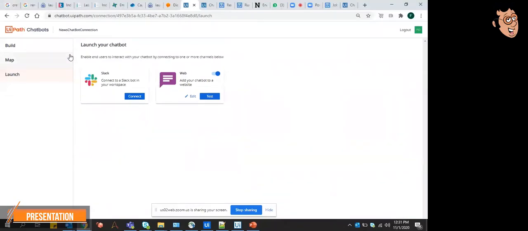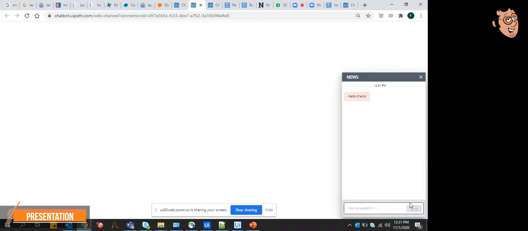So this is the chatbot where I've already connected my news chatbot. I'm just gonna test it over here and show how it is launching and how it runs. Here, this is the chatbot. So here, it is the user. This is the welcome message which they have given. Hello there. So we can input anything we want, like I'll be inputting hi.